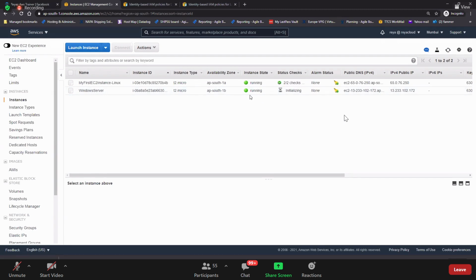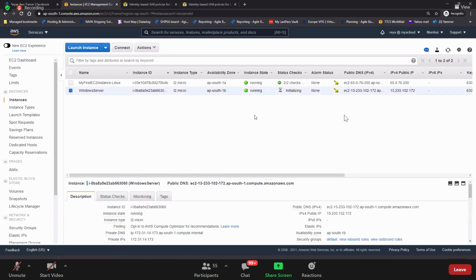From pending, it went to running. If you stop, stopping to stopped. And if you terminate, shutting down to terminated, right? And you just keep an eye here that you have 2/2 checks pass, and then you have initializing here. I'll talk about that soon.